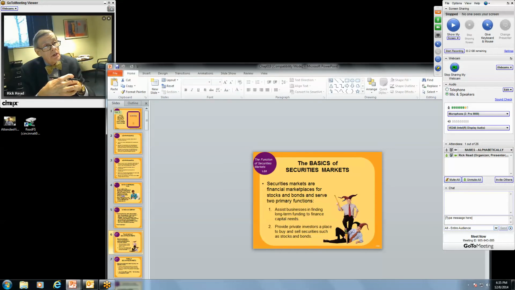Securities markets are there in the business to help people earn income. Now, that's the best way to say that. There are a lot of other ways to say it, but they're there to help people earn income. At the same time, they're there to help companies sell stock. So that's what they do. So notice they assist businesses in finding long-term funding. They help individuals earn money by investing in stocks, and they also help do other things, buy and sell and act as middle people.